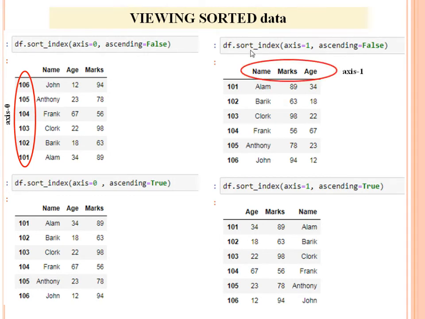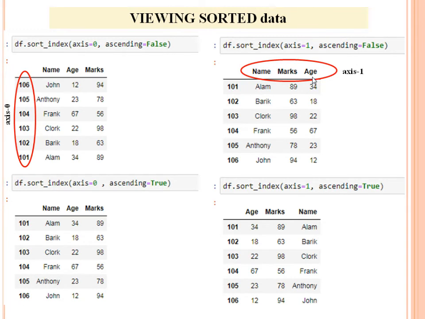Next is, see, I have written df.sort_index axis equals to 1. When axis equals to 1, axis 1 is this: name, marks and age. Ascending equals to false means it is arranged in descending order. Name will come first, then marks, then age.